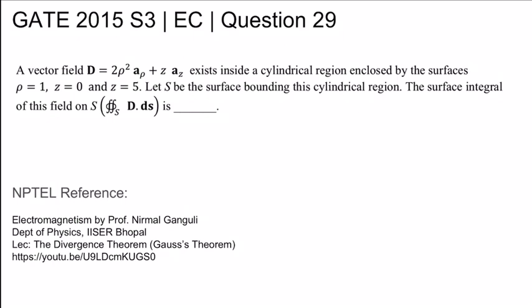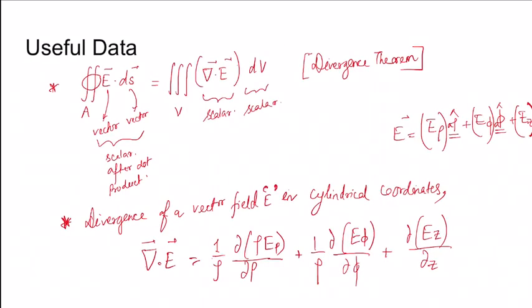that is the surface integral D dot dS, is given by... For NPTEL reference you can refer to the lecture The Divergence Theorem, Gauss's Theorem of the NPTEL course Electromagnetism by Professor Nirmal Ganguly, Department of Physics, IISER Bhopal. Coming to the useful data,